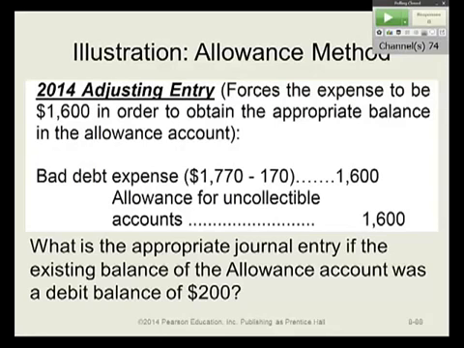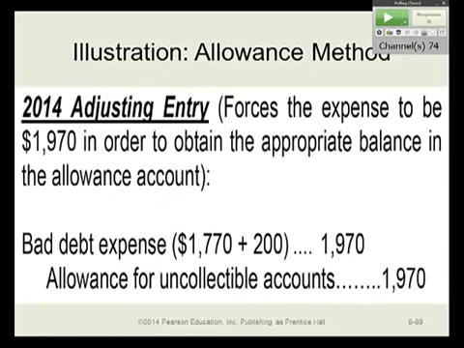What entry should you make if the balance in the allowance account, rather than being a 170 credit balance, was a debit balance of 200? Well, if the target is 1770 and you have a negative balance of 200, then your adjustment has to be 1970. So in order to make this adjustment, you would have to come up with the debit to the bad debt expense and a credit to the allowance for